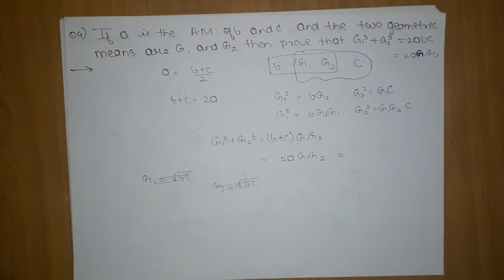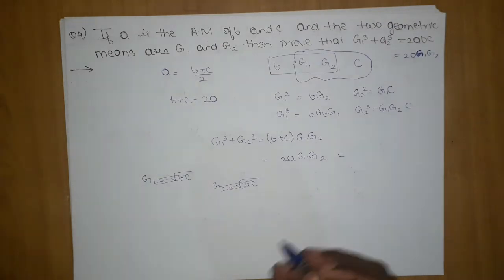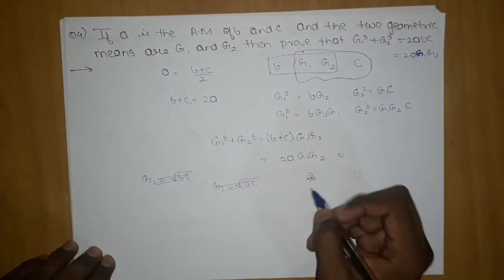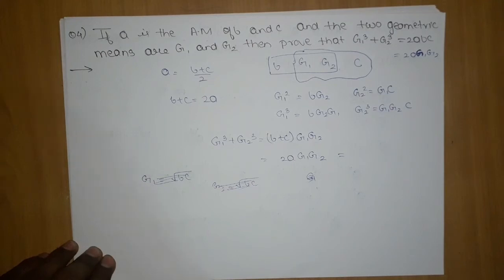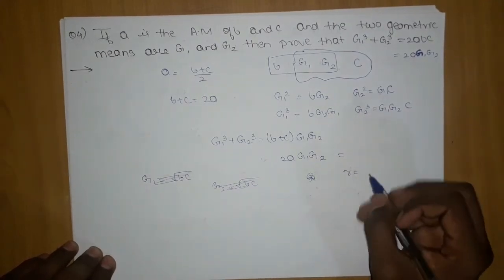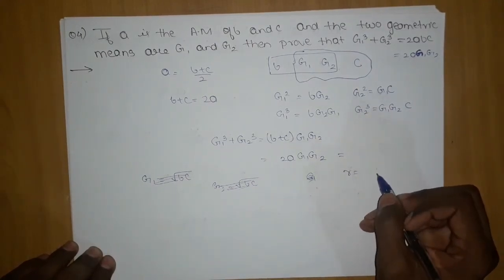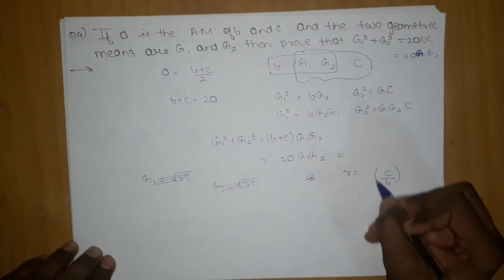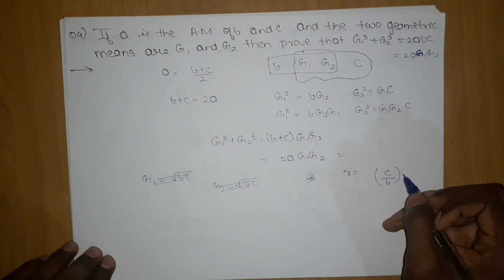Let's prove this thing also, which is 2abc. How can we prove it? Let's find the common ratio for g1 and g2. If it is between b and c, then the common ratio will be c by b, the whole upon 1 upon